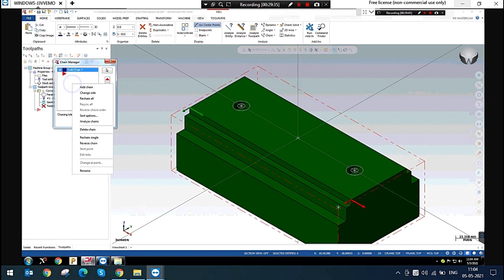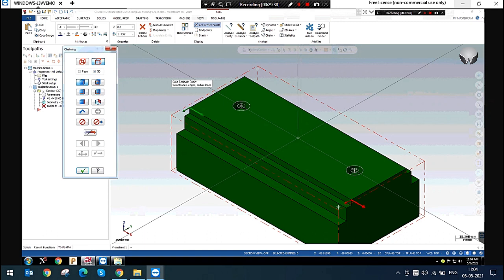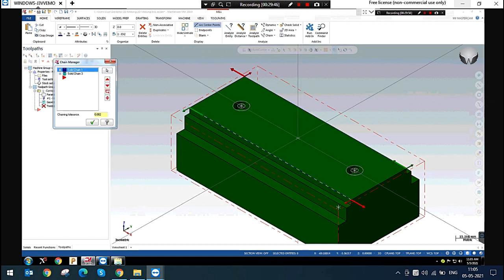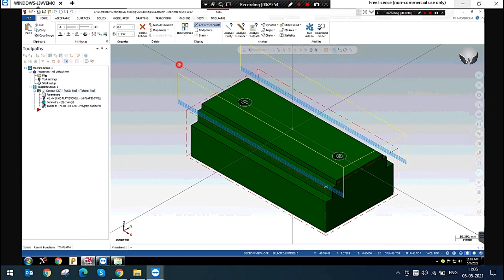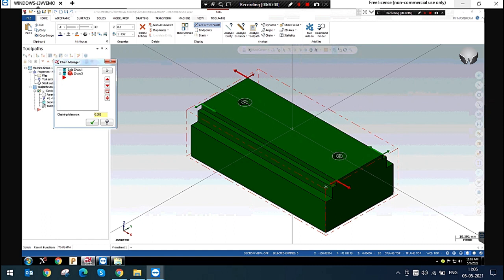So now again I am going to select chain. I am selecting this chain from this end. You can see the two chains are outside. You need to know how to select the chains. Change single chain.